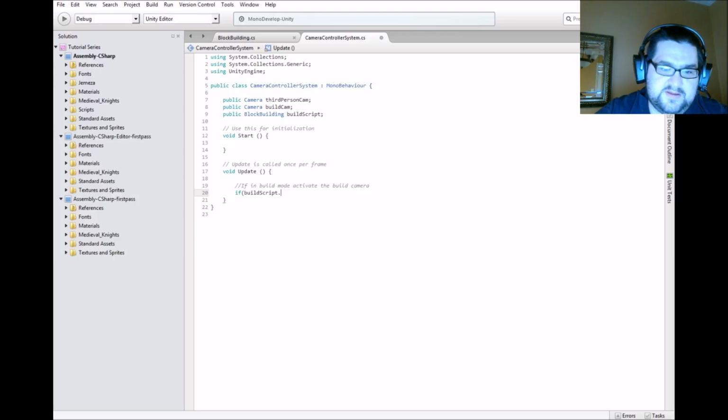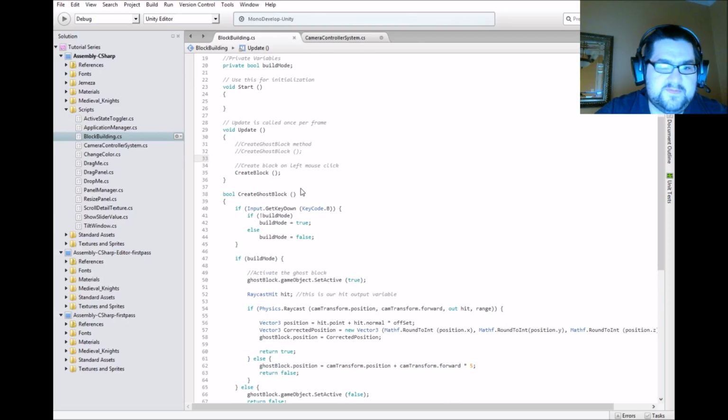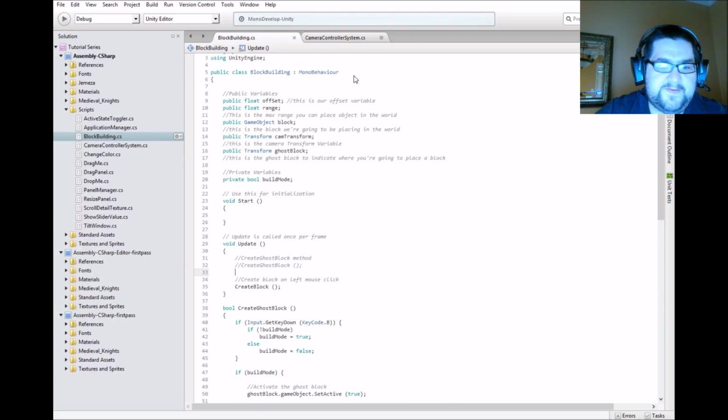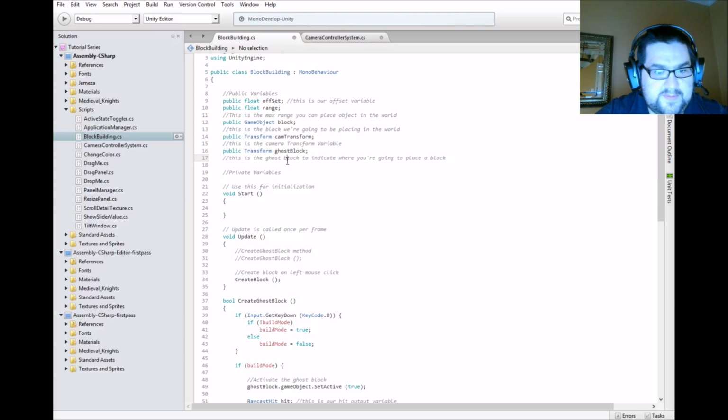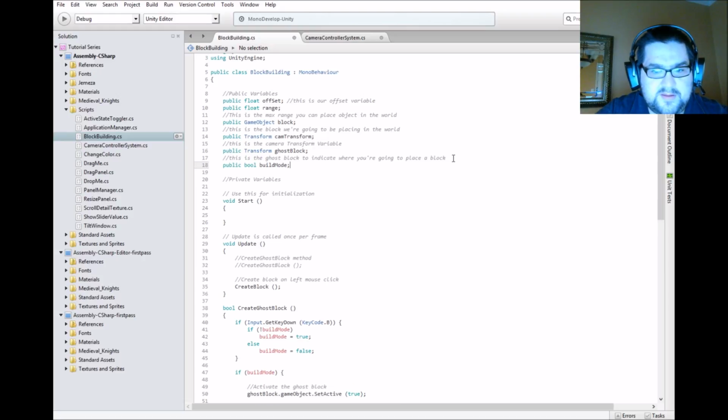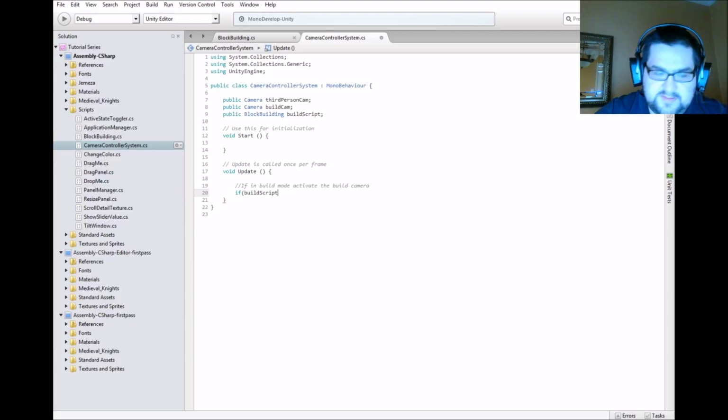There should be, let's go back to block building script. See, so this is private. We're not able to access it because it's private. So we'll change this from private to public. We'll move that up. Save that. And now we come back in here. We can go build mode. See, that's true or false. So if build mode